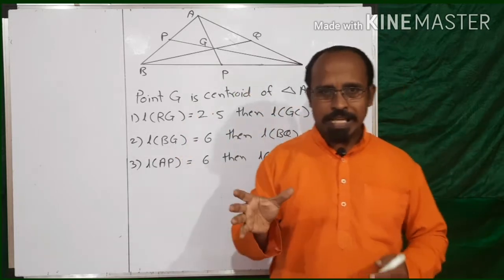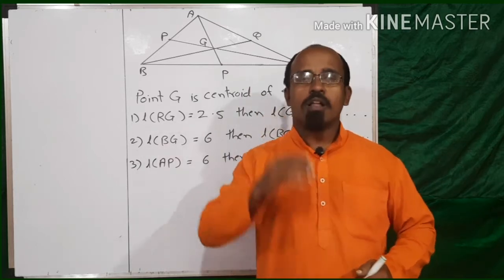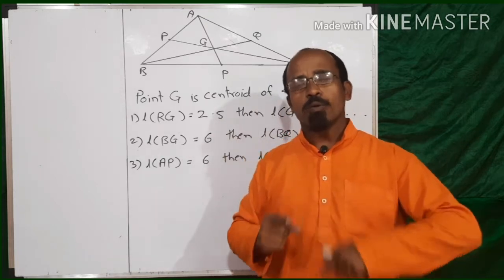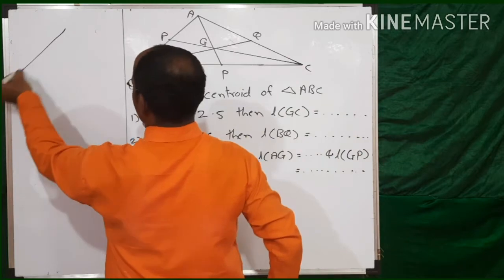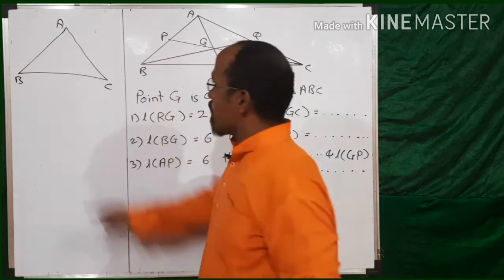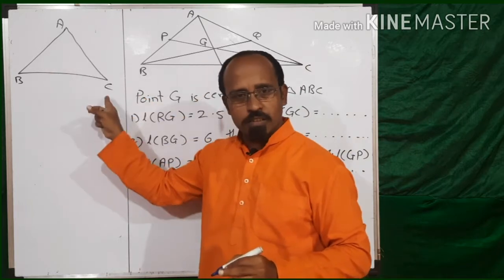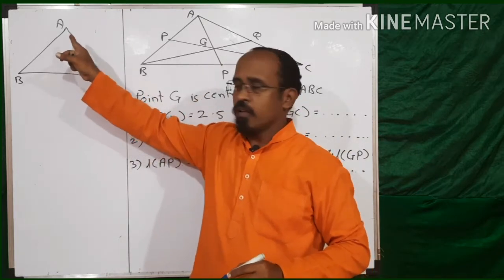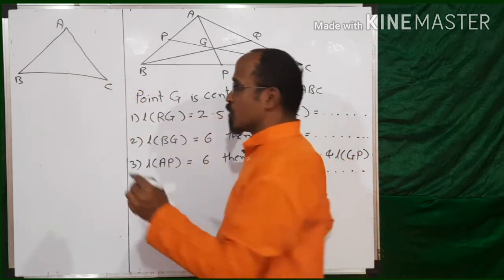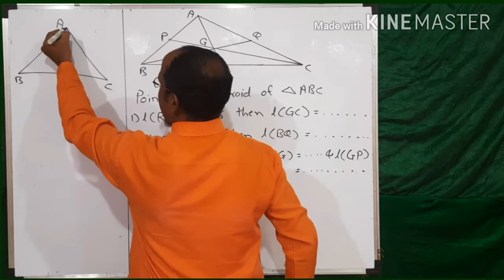Before solving the question, let's try to understand one property of centroid. I hope all of you know what is meant by centroid. A median is a line segment joining a vertex and the midpoint of its opposite side. Means, if ABC is a triangle, and from vertex A I draw a line segment to its opposite side BC, connecting the midpoint of BC, say P, then AP is called a